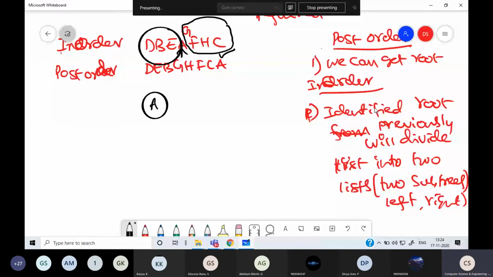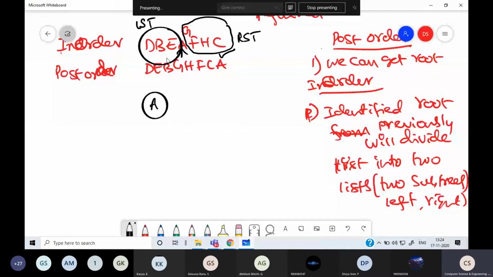After we identify the root from post-order, in in-order the root is in the middle, and it will divide the list into two. One is the left subtree, another is the right subtree. So DBE is the left subtree, and GFHC is the right subtree. Subtree and tree are the same because a tree is recursive, so a subtree is a tree.